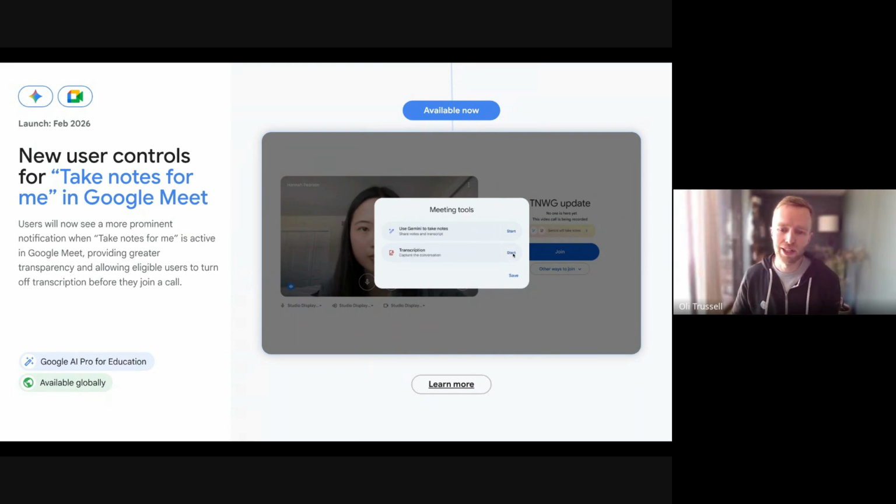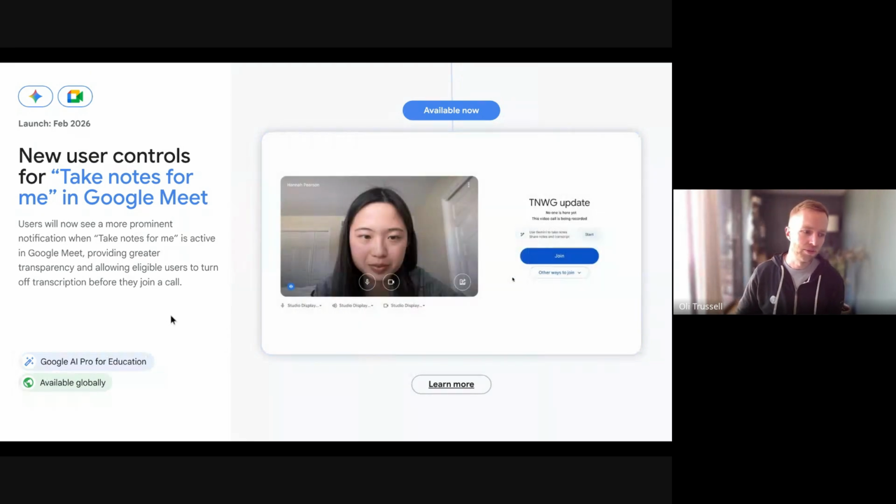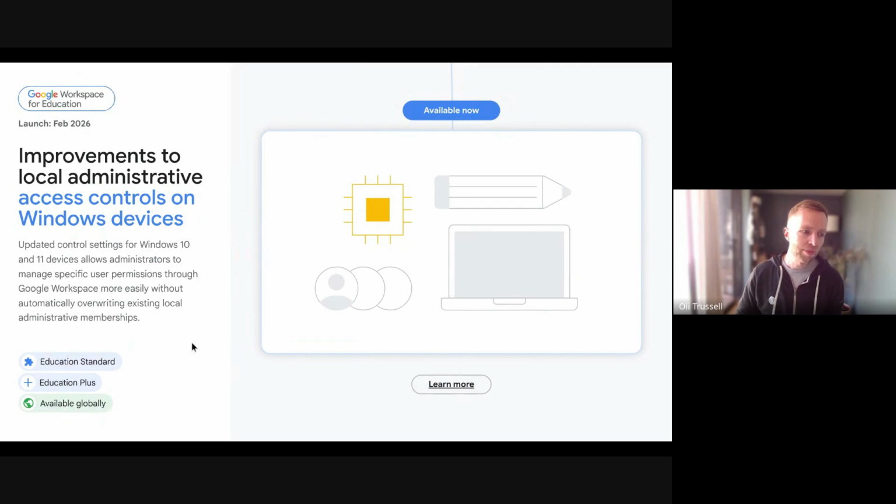You go through and turn this off before you start the call, which is useful. We've got some better support for access controls on Windows devices. I'll go through and chuck this support article in the chat because it's quite useful. It basically allows you to do a bit more without having to overwrite existing local admin privileges, which is